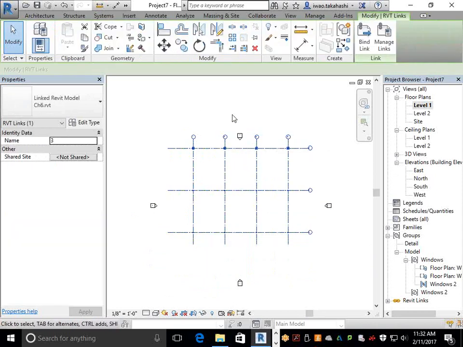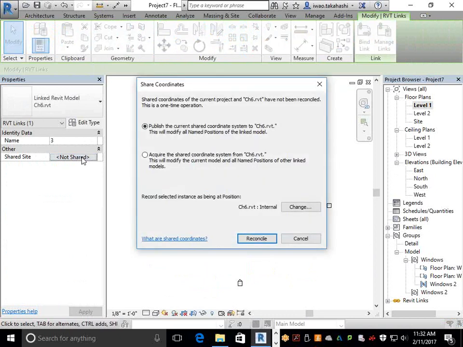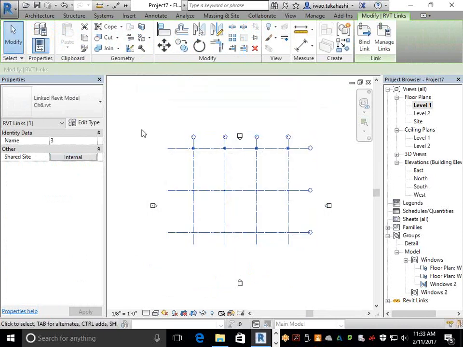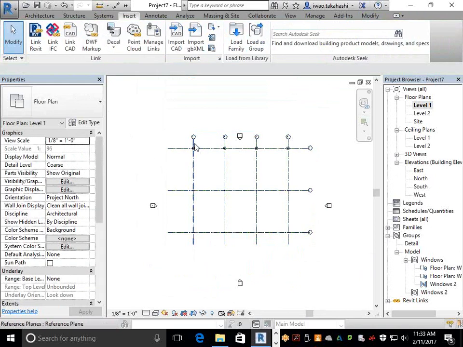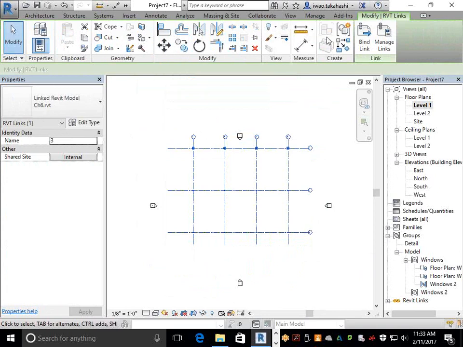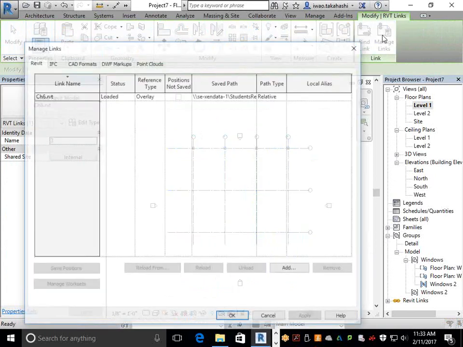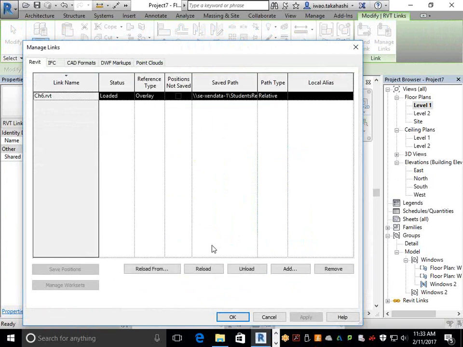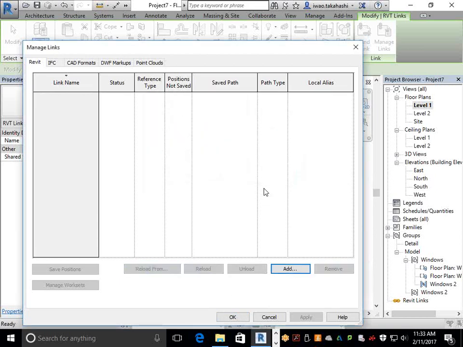Okay, select it, right? Now we're going to make a shared, not shared, shared. And take that one. And then equals up. I created shared, right? Now, let me see if it worked successfully. Now you can do this, remove, undo, reload from, many things you can do, right? Let me just remove this completely. Gone, right? Gone,